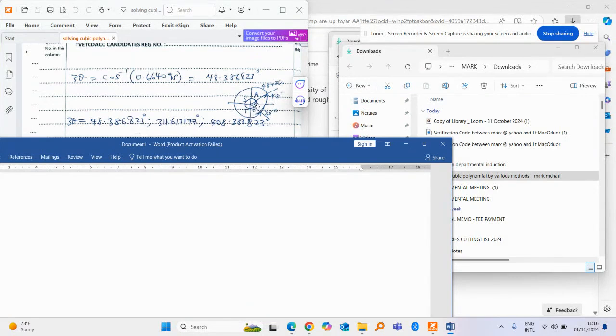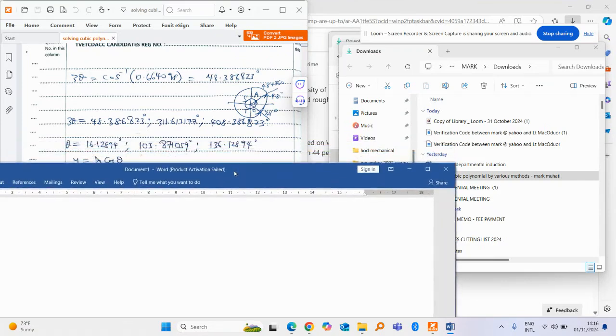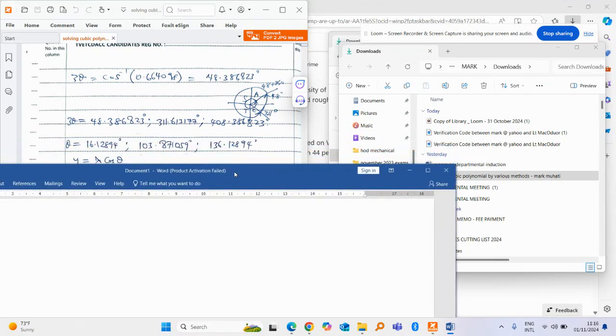So the third answer is we are going to add 360 to the first angle. That is 48.386823. We are taking 6 decimal places because we want our answer with an accuracy of 5 decimal places. That is why we are getting our angles with a high degree of precision. So with that, we get 408.386823. So we need the value of theta, therefore we divide through by 3, and those are the angles that